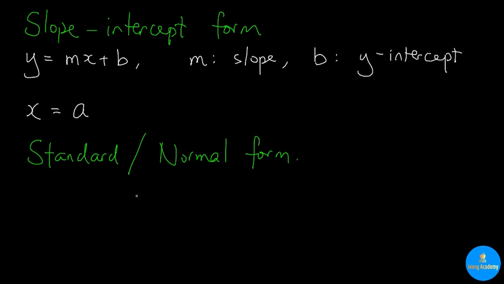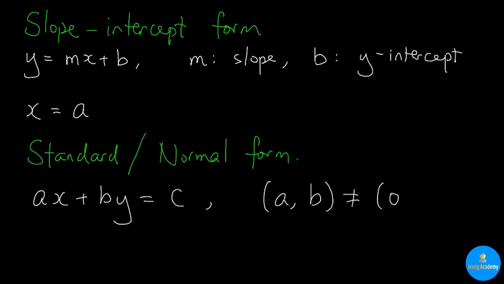The normal form of an equation of a straight line is given by ax plus by equals c, where a and b cannot be both 0 at the same time. That means that it can be 0 for a but not 0 for b, or vice versa, but you just cannot have both of them being zeros. The reason we have to forbid this is because otherwise we will have 0 equal to c, which is not an equation at all. The normal form can describe any straight lines on the rectangular coordinate plane, regardless it is